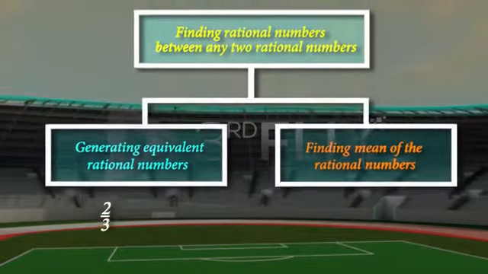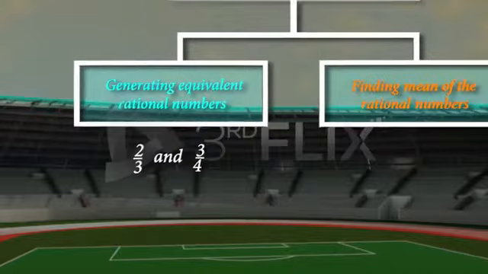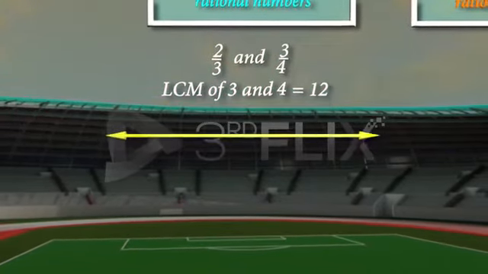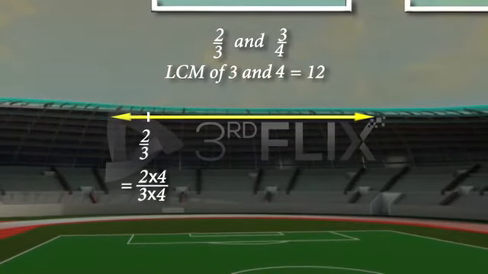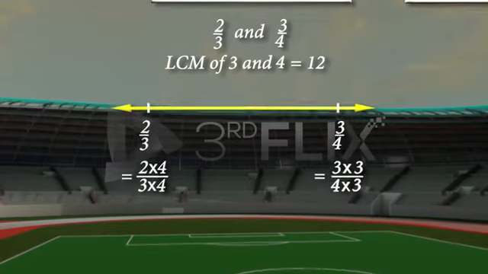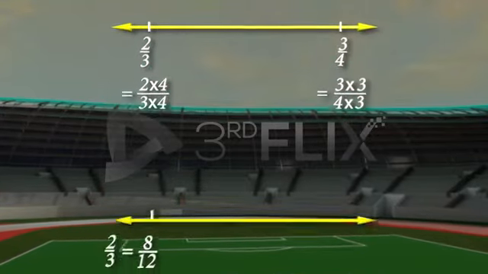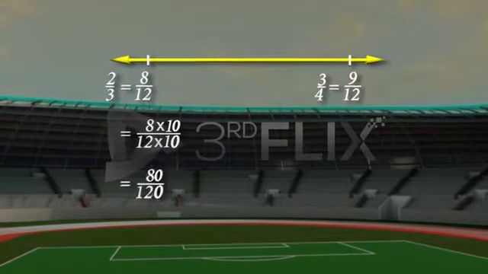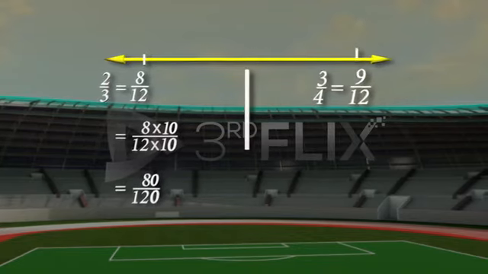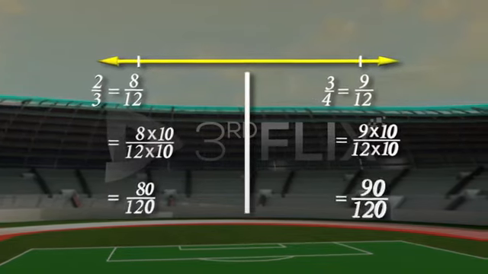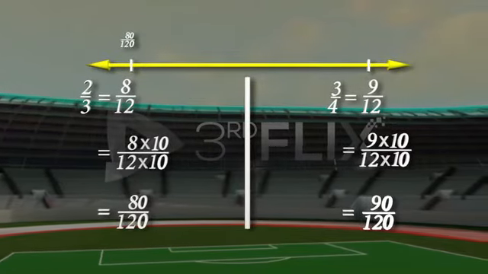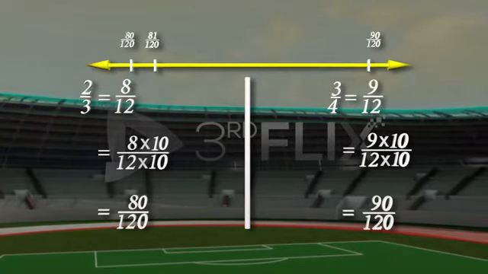Find a rational number between 2 by 3 and 3 by 4. Take the LCM of 3 and 4. It is equal to 12. 2 by 3 can be written as 8 by 12. 3 by 4 can be written as 9 by 12. Now, find the rational numbers between 8 by 12 and 9 by 12. 8 by 12 can be written as 80 by 120. 9 by 12 can be written as 90 by 120. So, the 9 rational numbers between 80 by 120 and 90 by 120 are